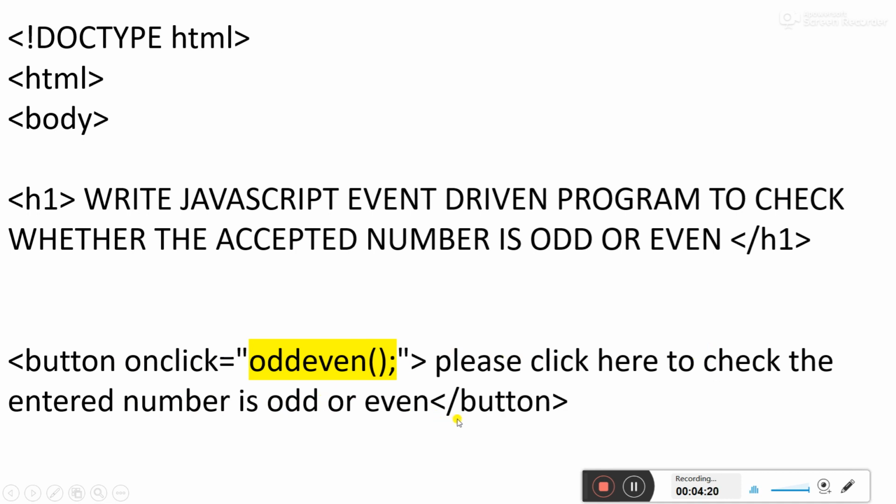This is the label on the button. We need to display something on the button. So this is the label which we display on the screen, and then the closing of the button tag. Whatever we write between the opening of the button and the closing of the button is called a label, which will display that text on the button. Got it? Now the next step is what?